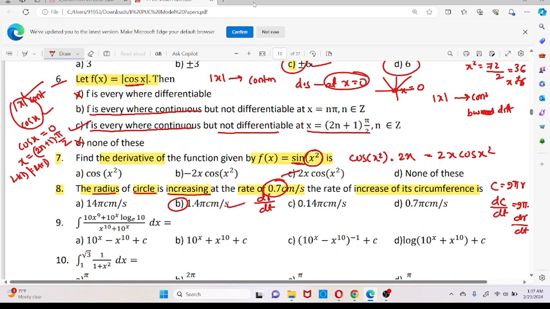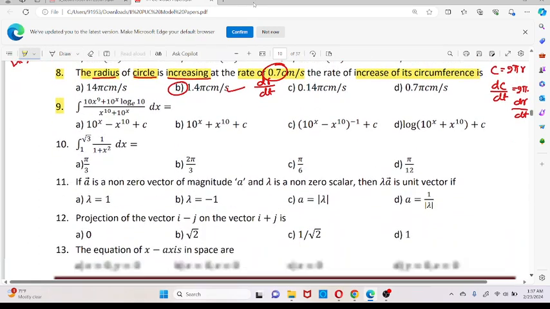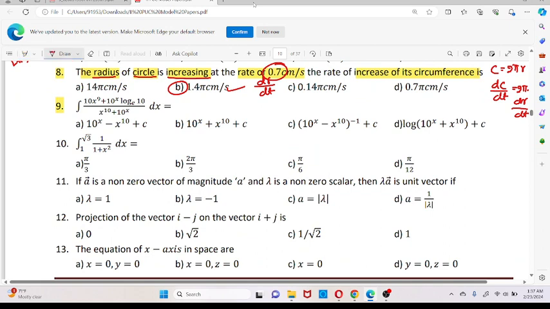That's it. Okay. Let me go with the ninth question from the chapter integral calculus. So it is on integration. See, integration of 10 into x to the power 9, 10 to the power x, log of 10 to the base c, x to the power 10, 10 to the power x. So since most of the questions like this are repeated, see, if you observe this carefully, this denominator part